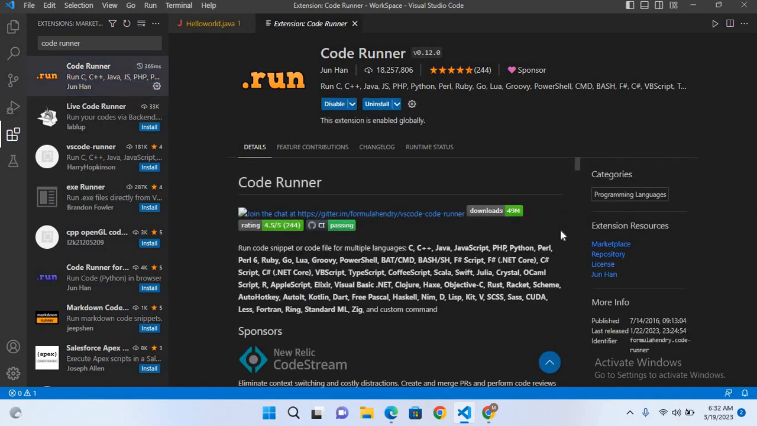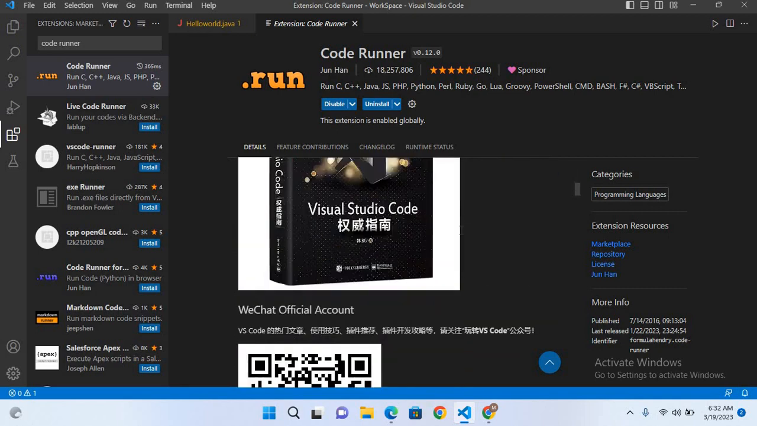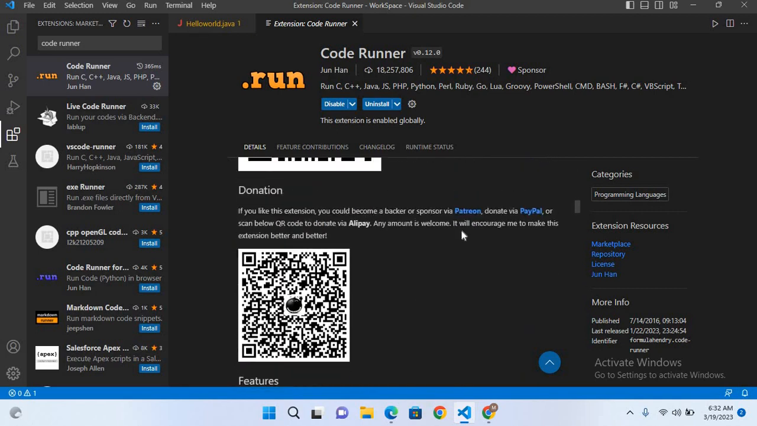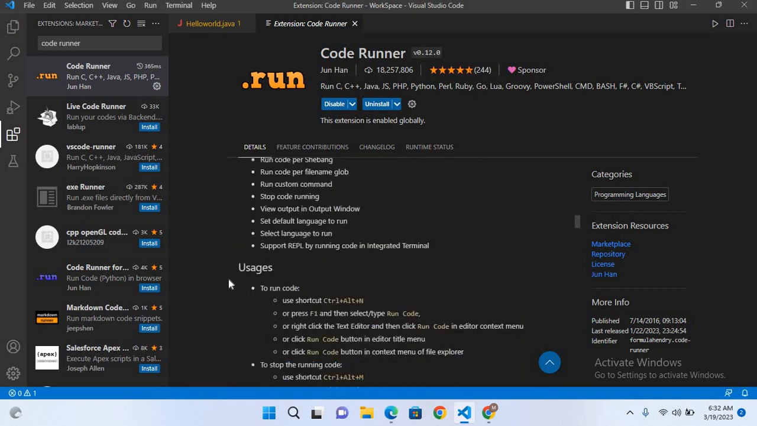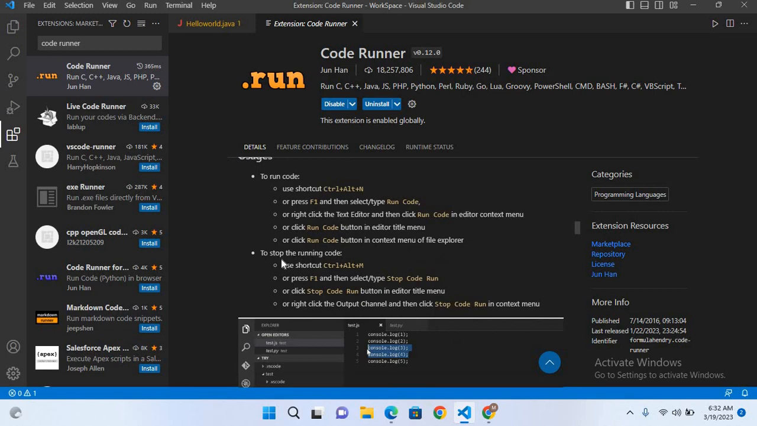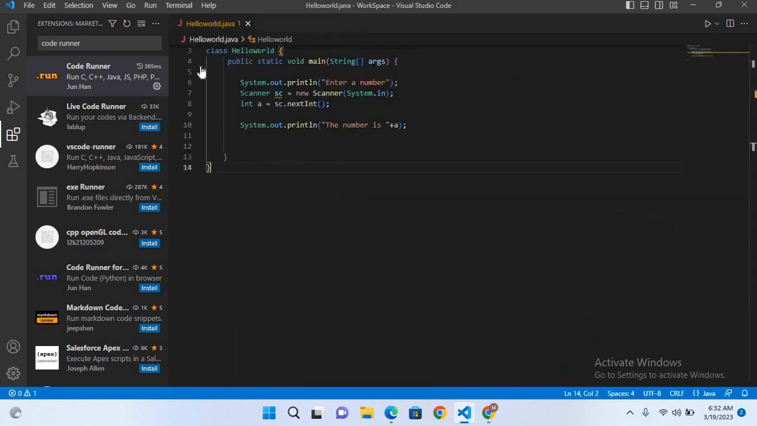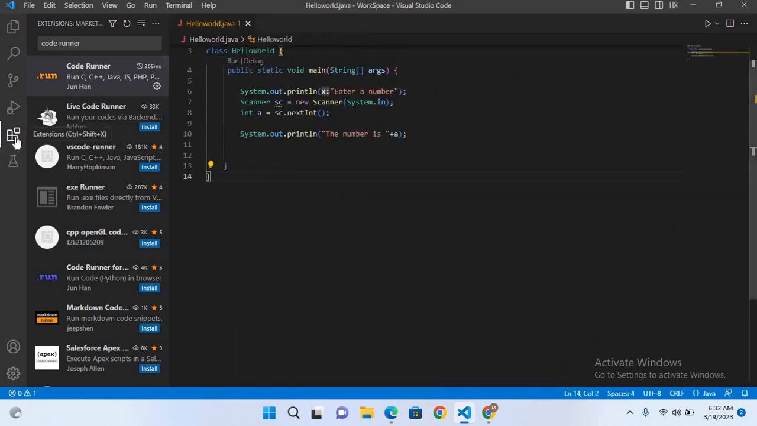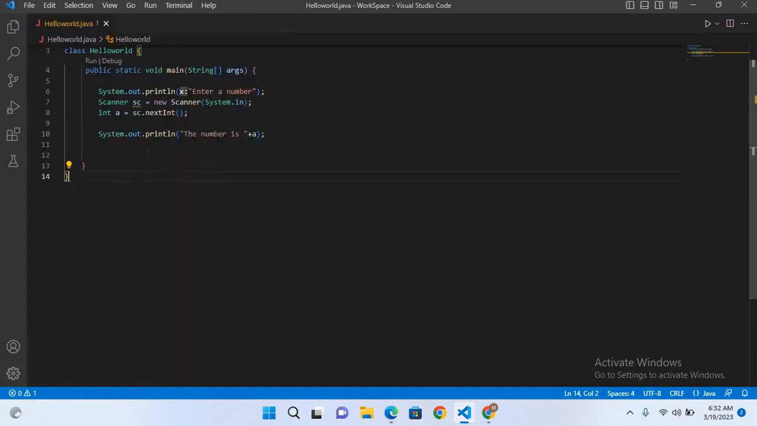So if I close this, and if I show you the usage of this extension, it is right here. Usage: to run code, use shortcut Control Alt N, and to stop the running code, Control Alt M. So now close this extension, and I'll close this extensions tab, and now I'll click here and I'll use the shortcut Control Alt N